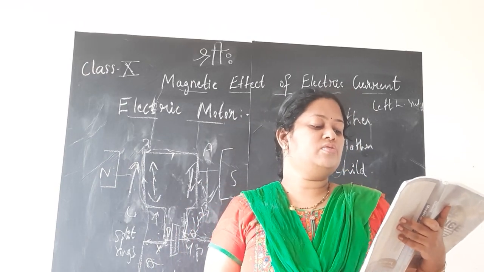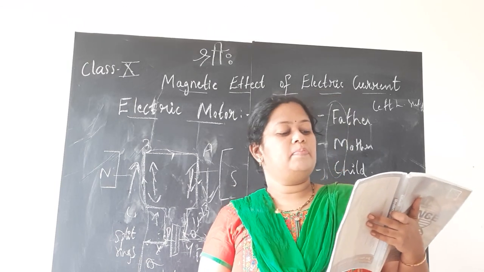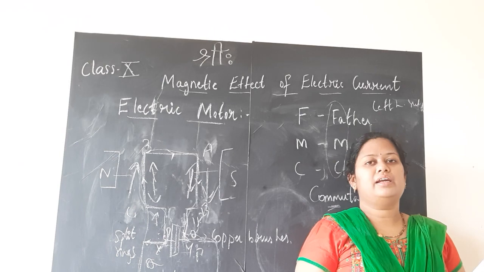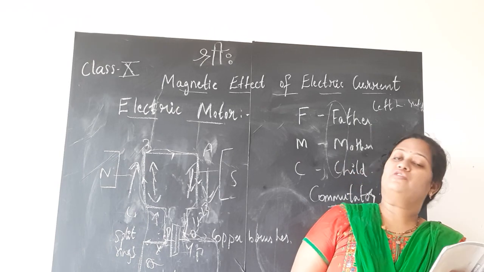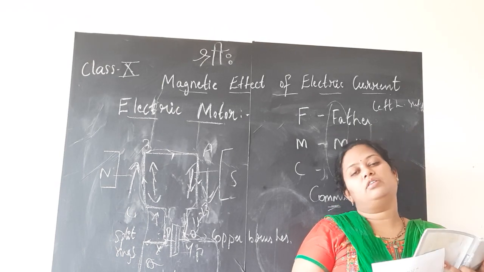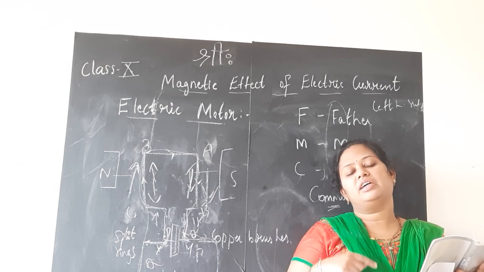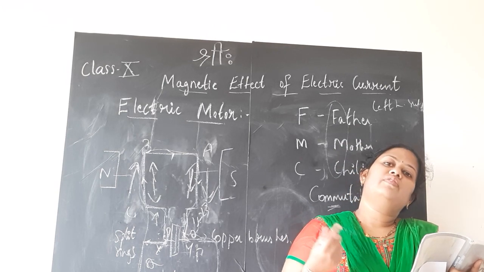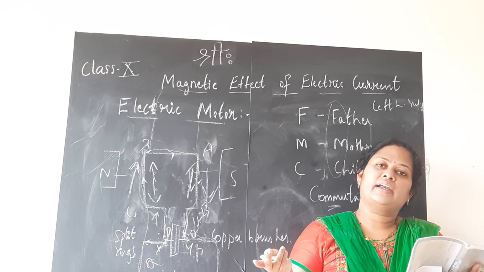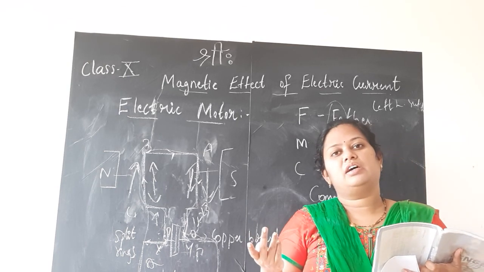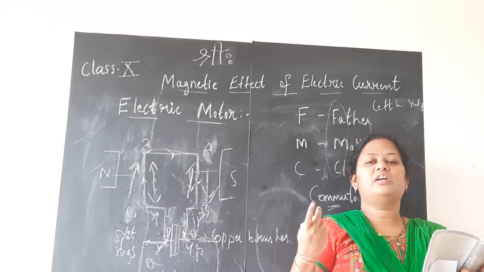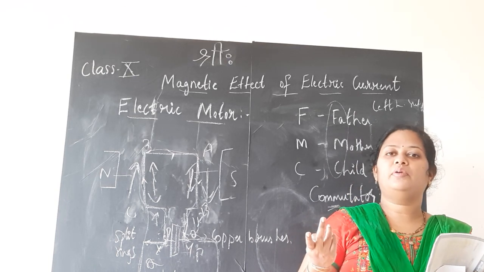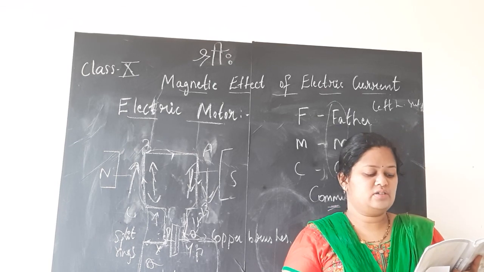The commercial motors use an electromagnet in place of a permanent magnet. So in the previous session we studied what an electromagnet is, the concept of solenoid, children. When a soft iron core or any magnetic material was pushed inside the current-carrying coil, that is the solenoid, it gets magnetized. When it is pushed out, it is no more a magnet. So they are temporary magnets. Only when current is passing through it, it gets magnetized. If no current, it acts no more as a magnet. Such temporary magnets are called electromagnets, now children.